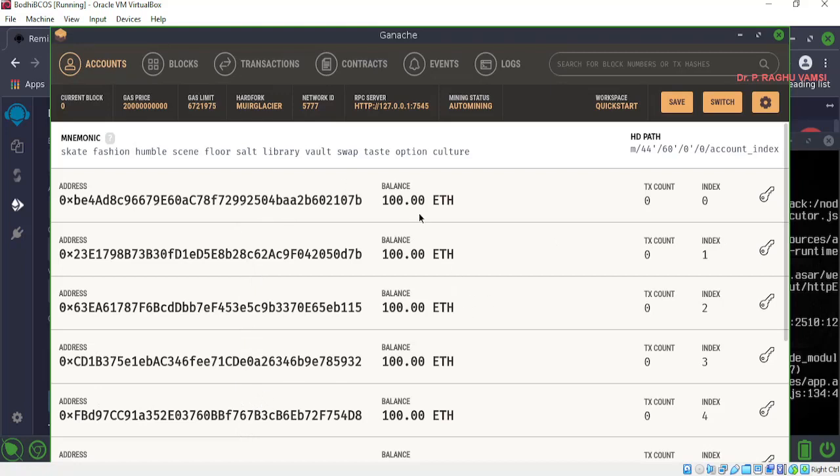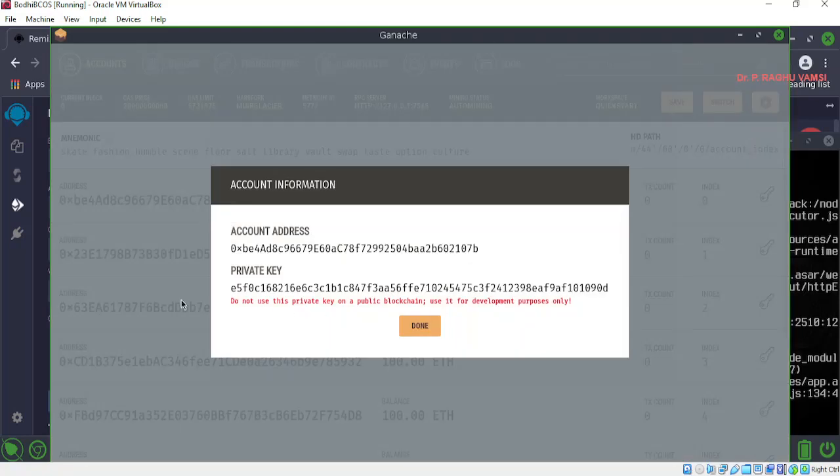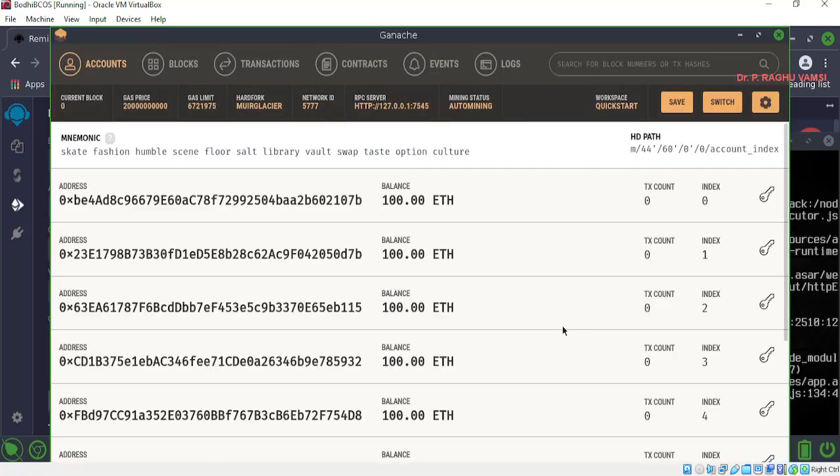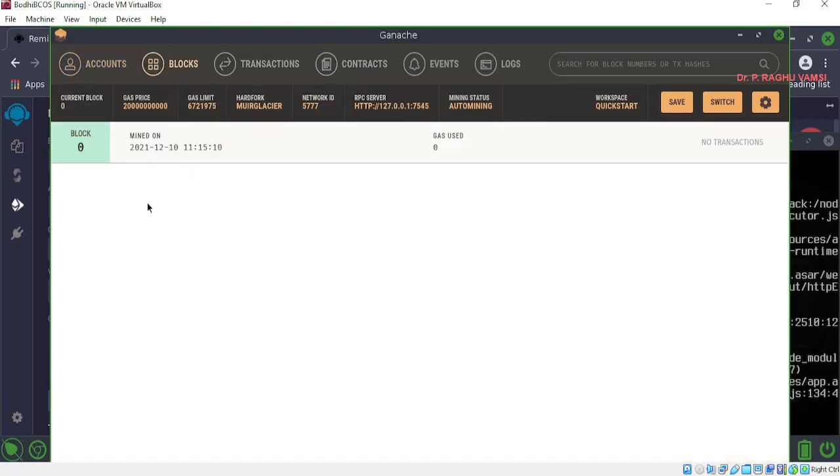These are the test ethers provided for each account, and we can also get the private key of an account by clicking here. This is the private key with which we can do the development of the contract or of the blockchain. This is the general overview, and you can see the current block, nothing is there. If you look at the blocks, this is the Genesis block created because we are going to start the network.